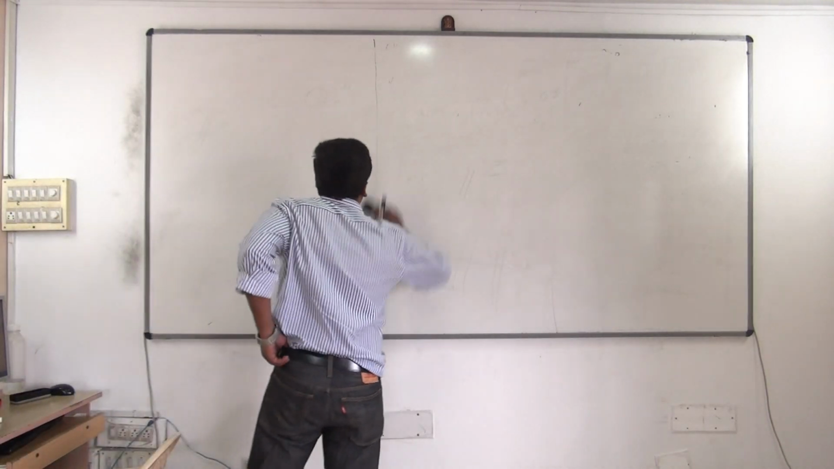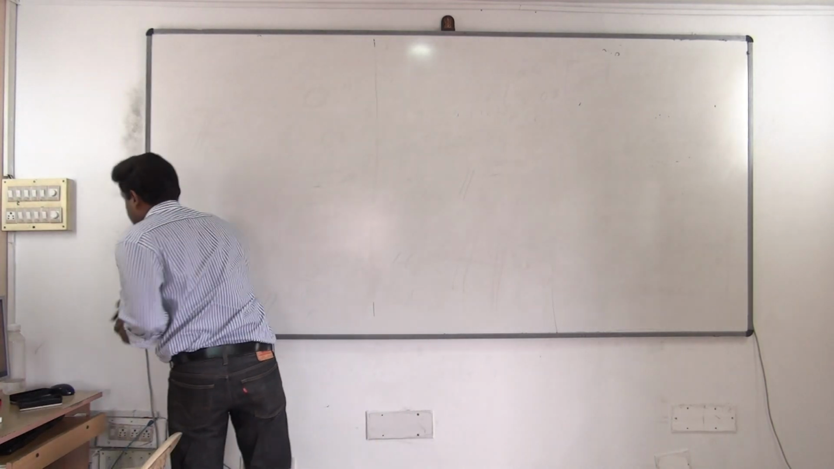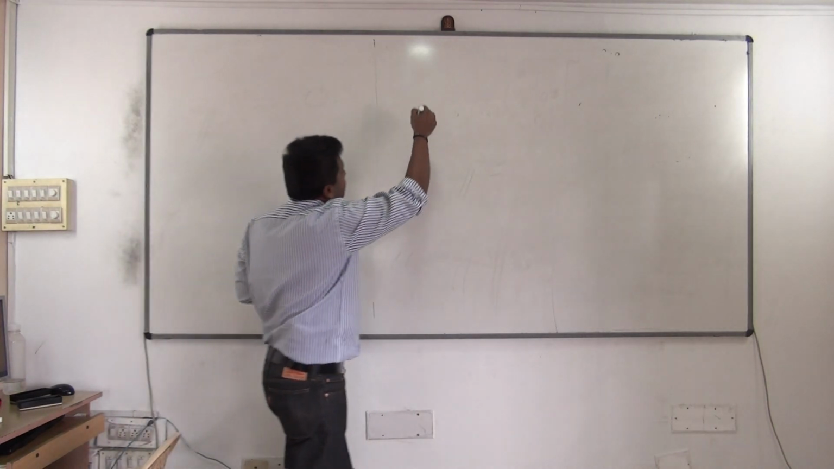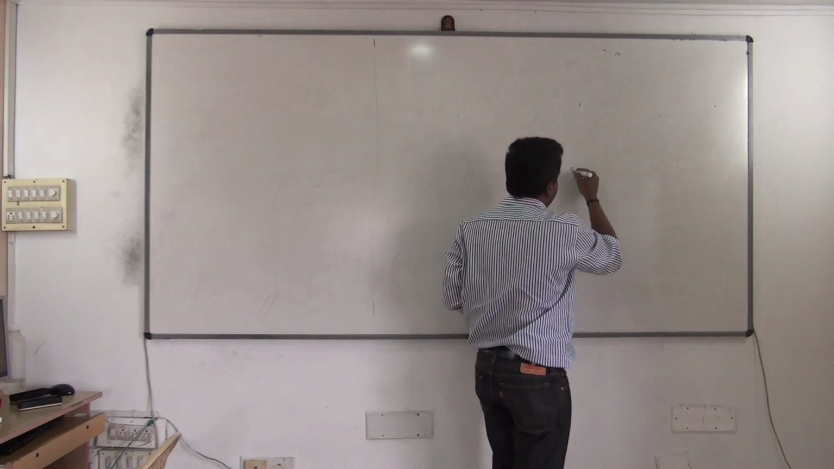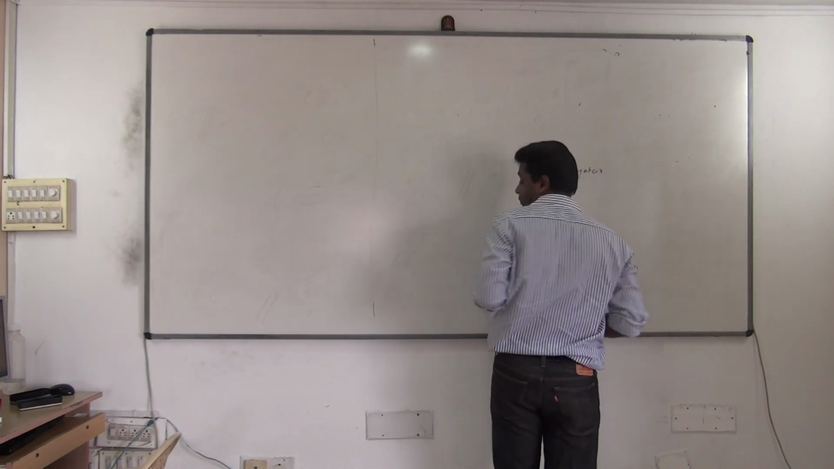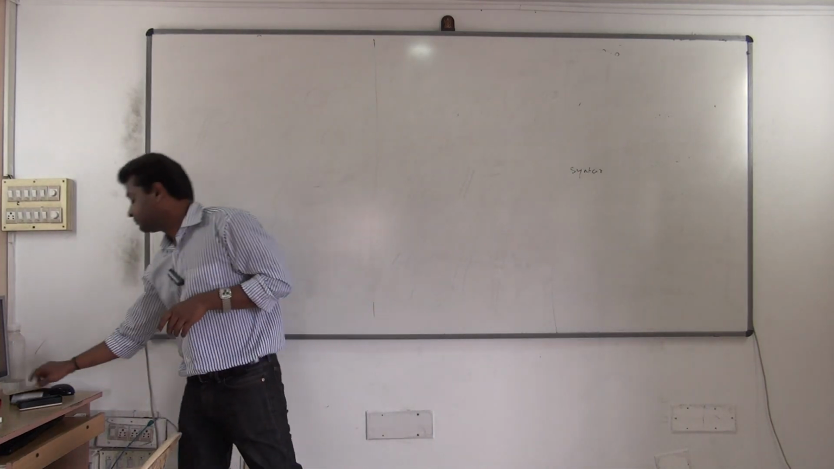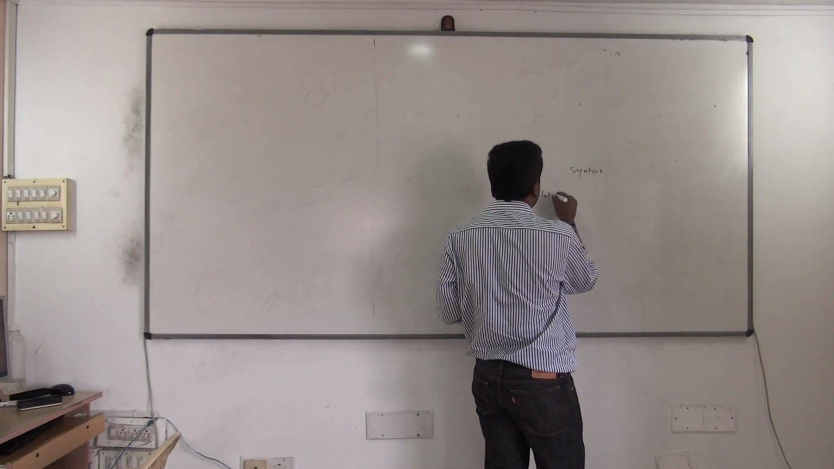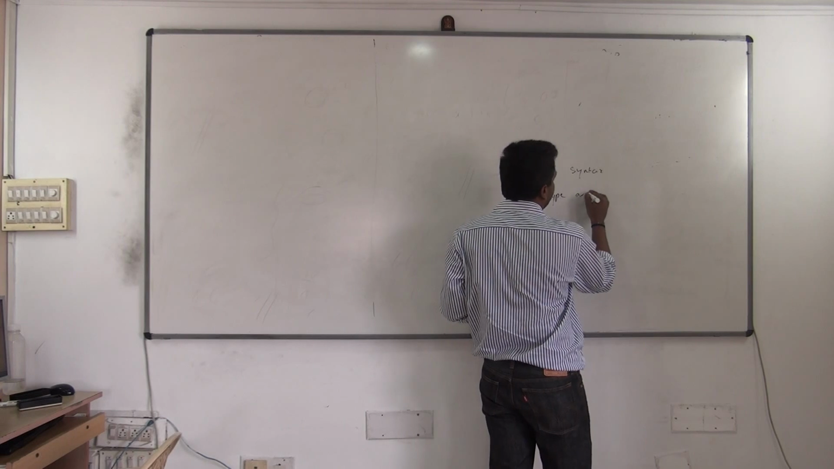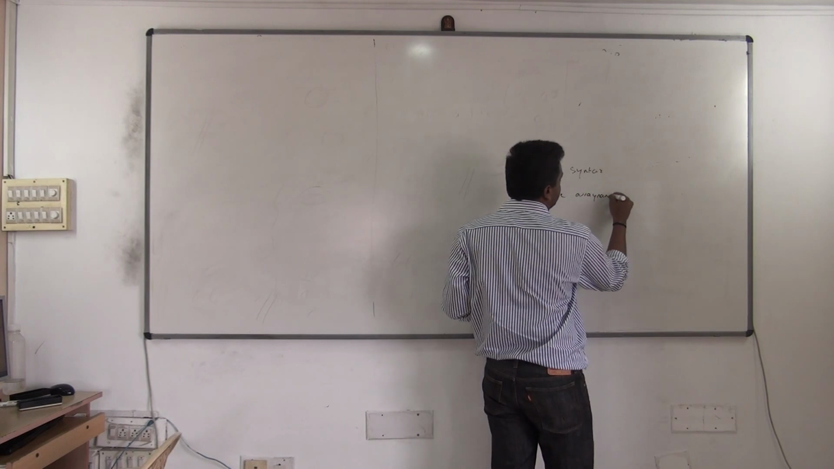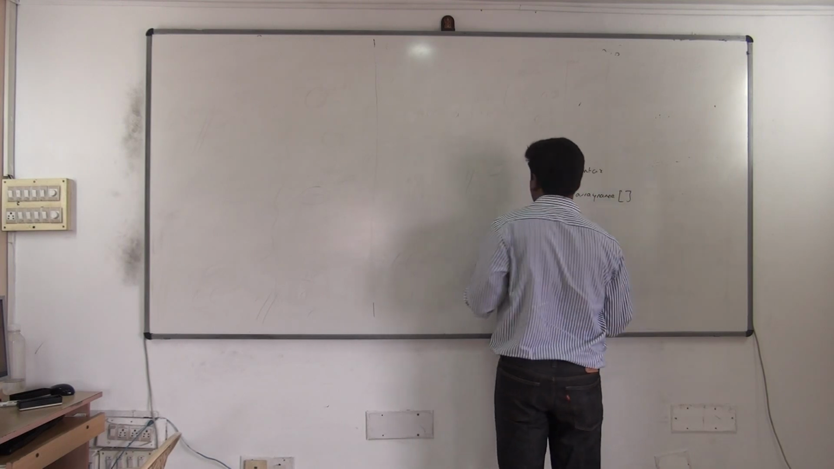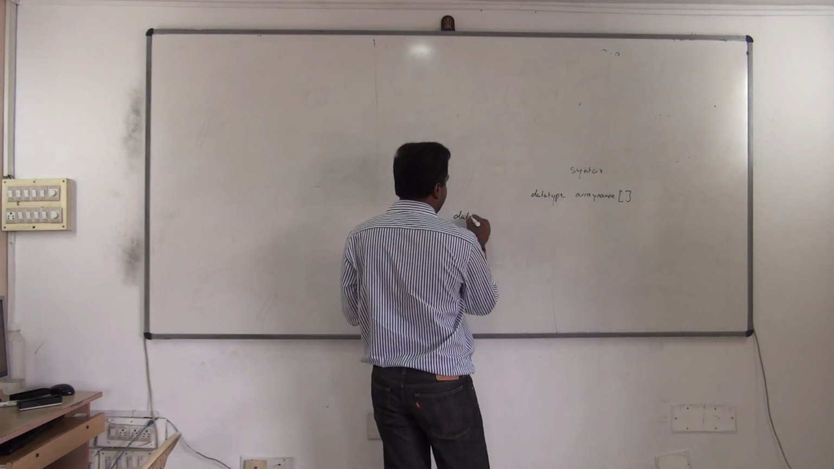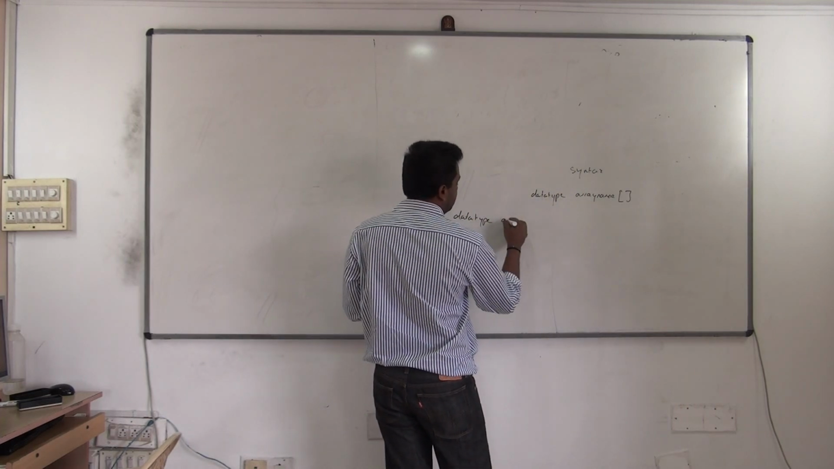The syntax of a two-dimensional array will be like this. Syntax first. First always learn the syntax. What would be the syntax? Can you guess? Data type, array name, two braces this time. I think the size will not be sufficient. Data type, array name